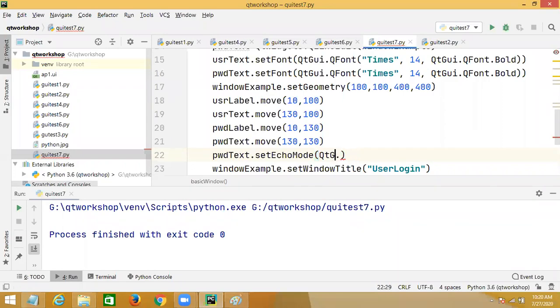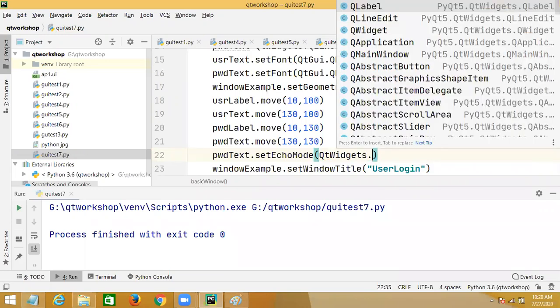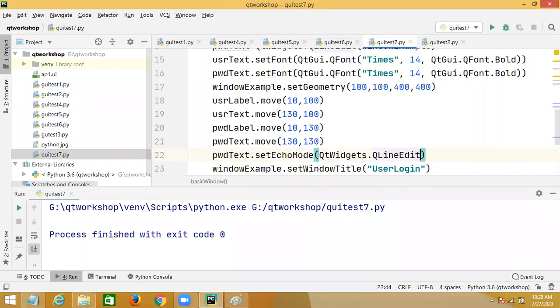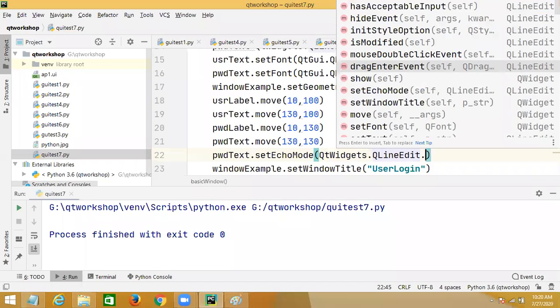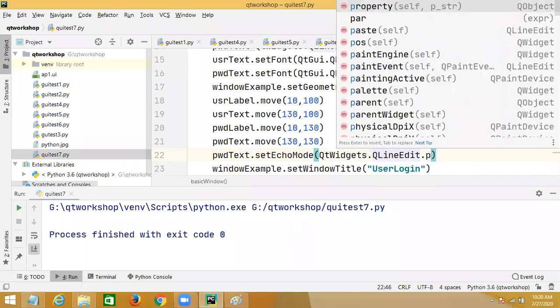We'll just see. QtWidgets dot, yes sir. QLineEdit, QLineEdit dot what is the field here? Password.